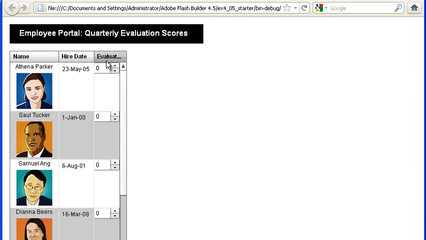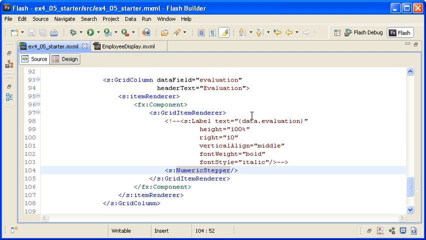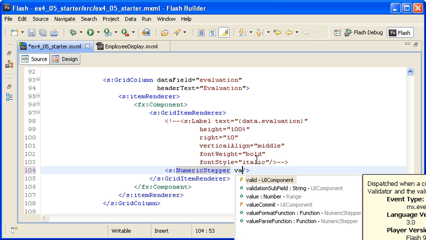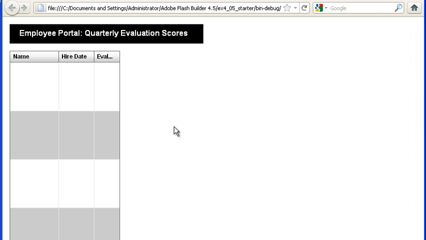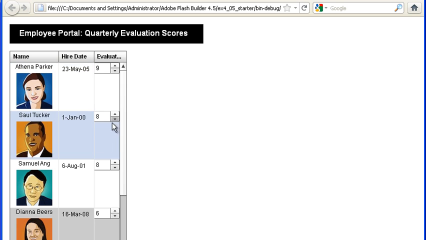The evaluation column now displays a numeric stepper control for the item renderer, but all the values are set to 0. I'm returning to the main application file and adding the value property to the numeric stepper control and giving it a value that binds to data.evaluation. When I save the file and run the application, you can see that the evaluation column now shows the